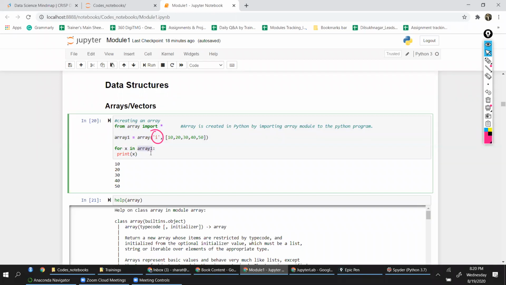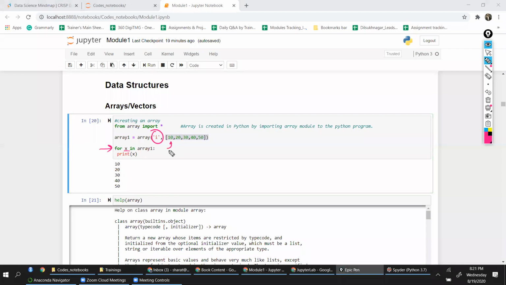For x in array1, print x. So you take this object, then iteratively capture each value of that object and print it. Here you can see the values are in row format, in a row arrangement. This for loop that we are executing, the for command, takes x as a variable.